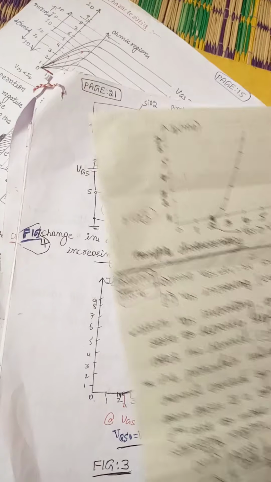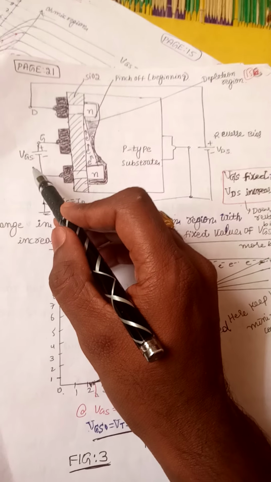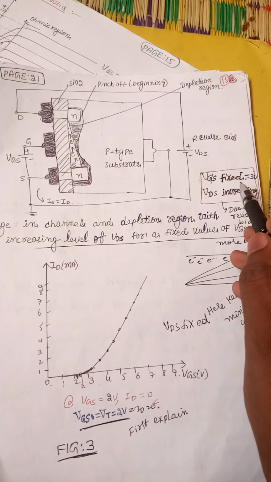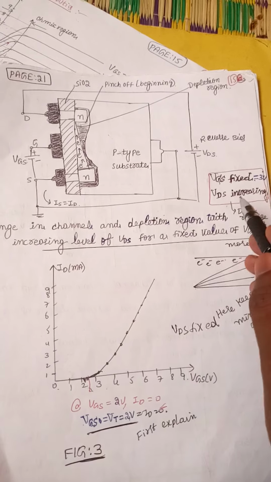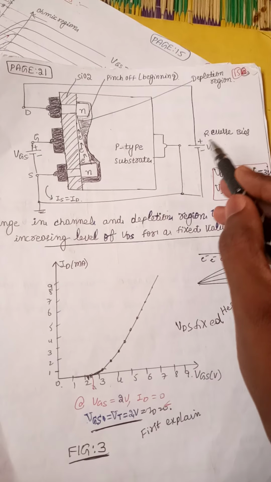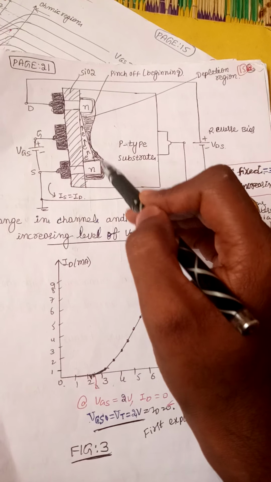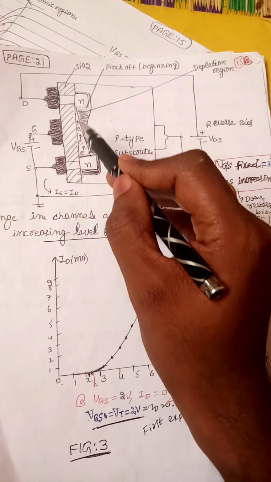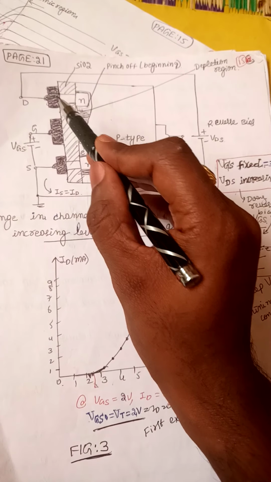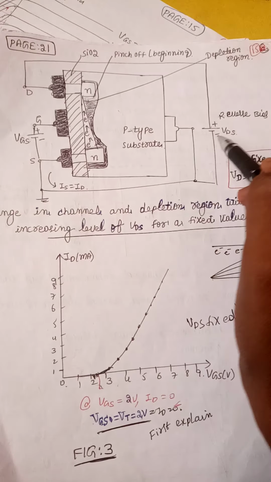And then for this case, you have to keep VGS fixed at 3 volt, here 3 volt, and keep on increasing VDS. Then what will happen? The depletion layer will start to cover the channel. Initially there will be a path for the movement of electrons from source to drain, but later on if I make the VDS value